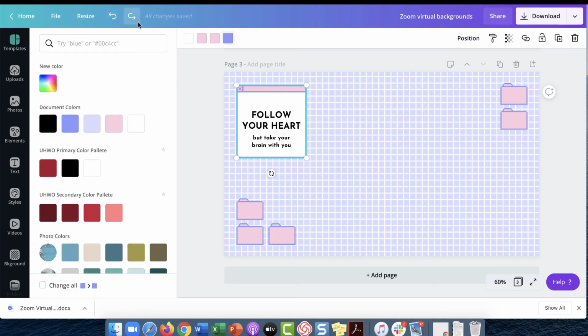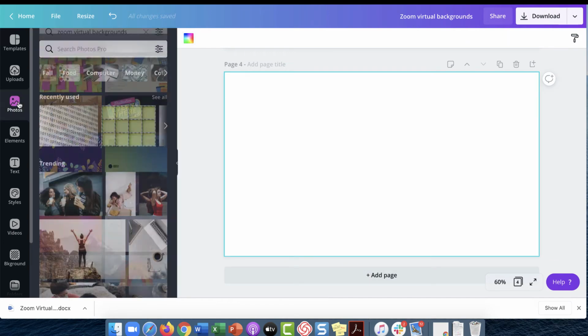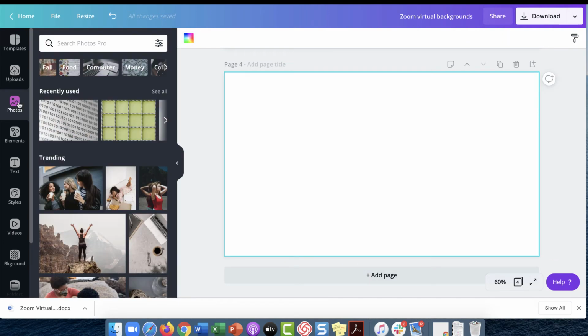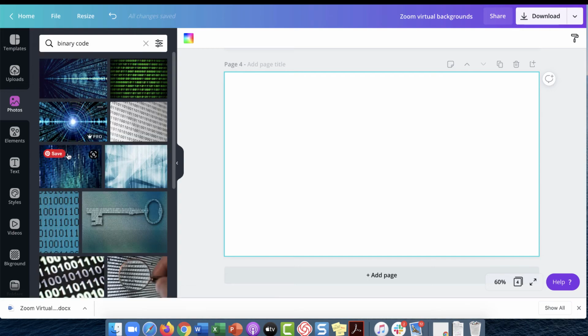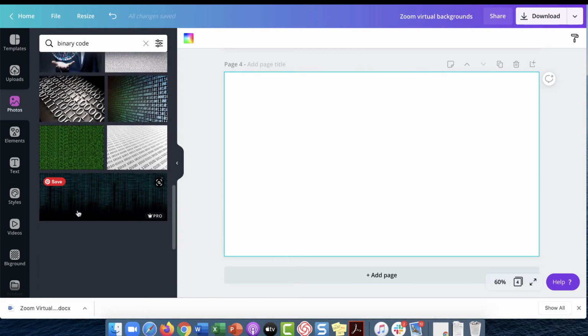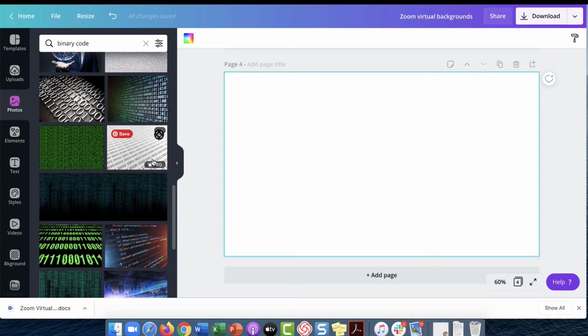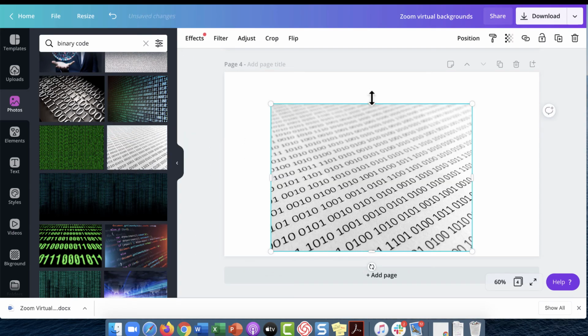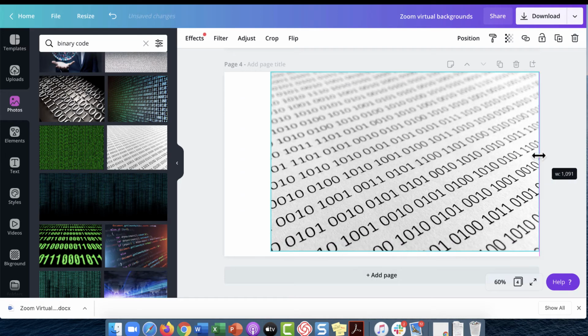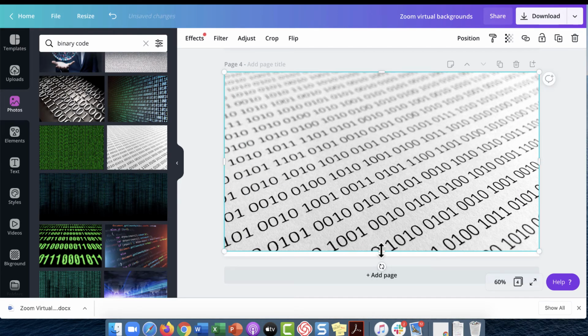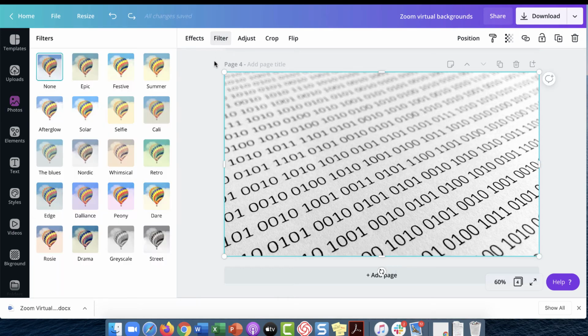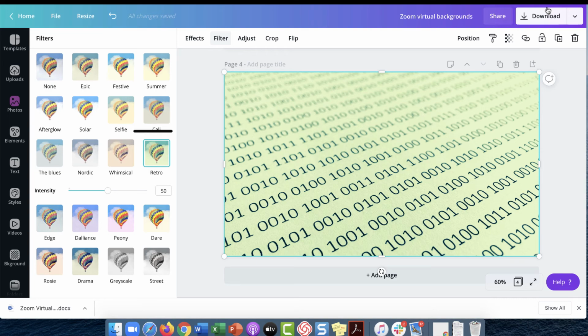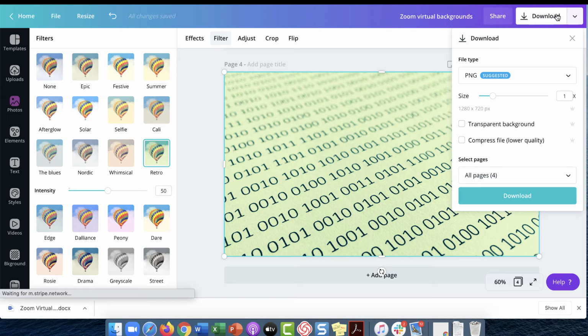I'm going to start another blank template, this time going to Photos. Repeating patterns can make a good background. Drag and drop it onto the template canvas and size it up. While the sample Canva templates were sized to this project, photos need to be adjusted to fill the frame. You can also use filters to change colors. I like this one. Once that's done, I download it as a PNG.